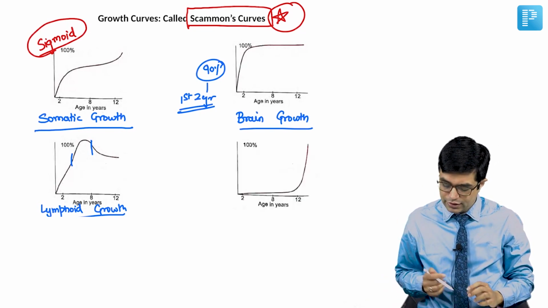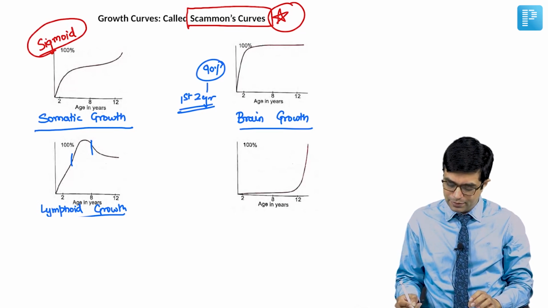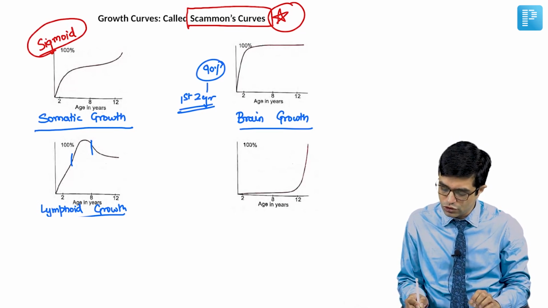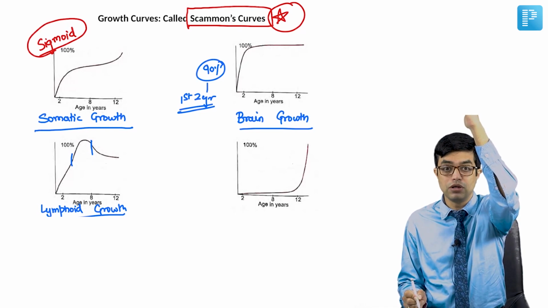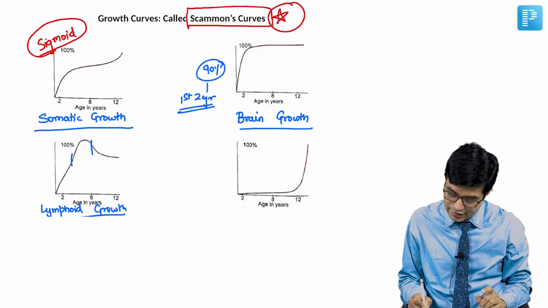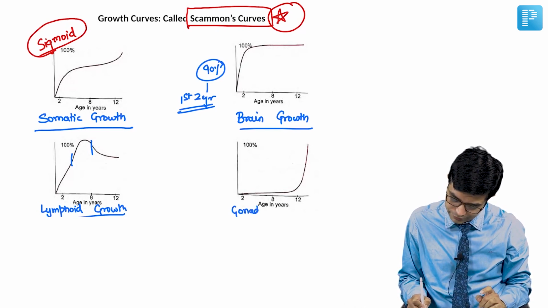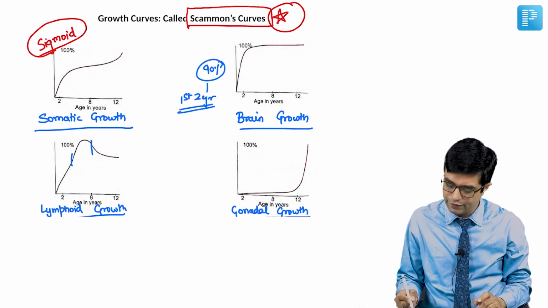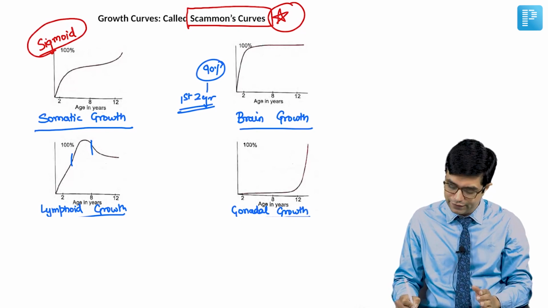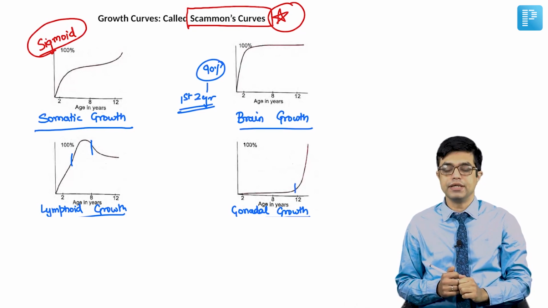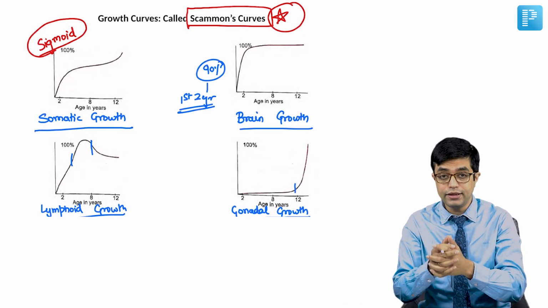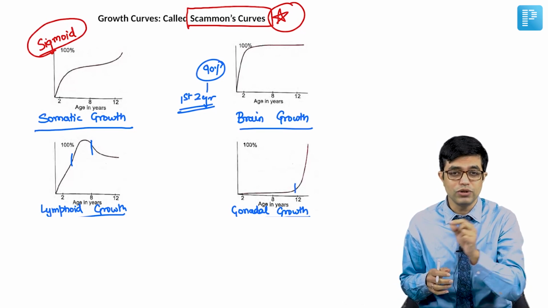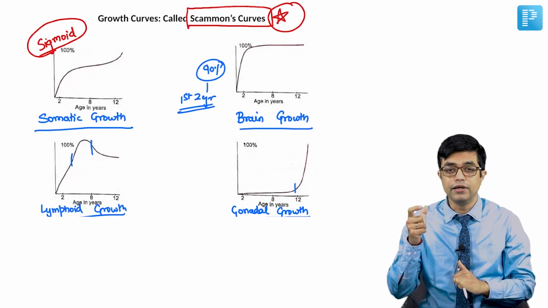And the fourth pattern is this. This is the typical growth pattern. It was almost normal till 11 or 12 years, and at 12 years there is a rapid upshoot. Puberty is happening here. So, this is the gonadal growth pattern, also called the reproductive tissue growth pattern, which becomes active once puberty begins. So these are the 4 growth patterns which you need to know in detail, and questions can be asked not only in statement-based form but even in visuals.